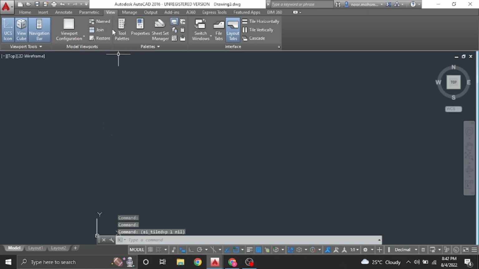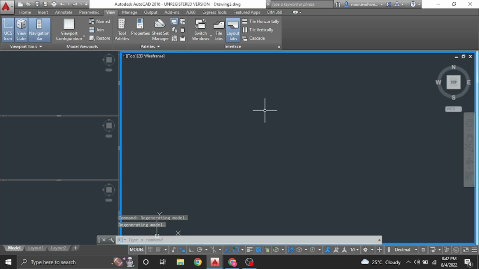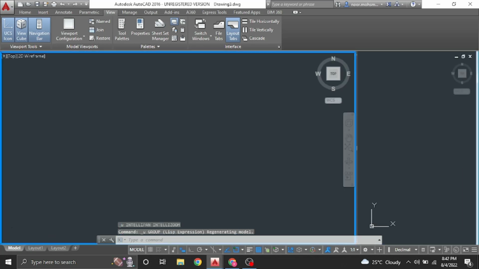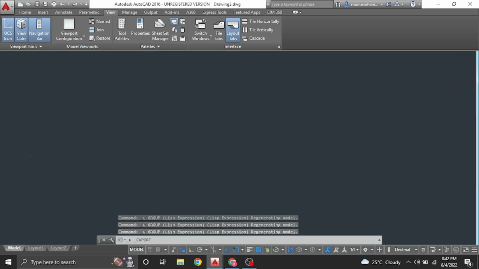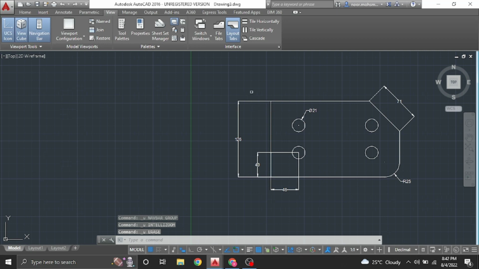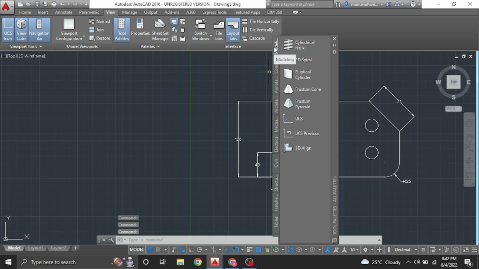The tool palettes, I think they know about the tool palettes. In the tool palettes you have the modeling commands, like with 3D you have these modeling commands: the cylindrical helix you want to create, if you want to create the 2D spiral, if you want to create an elliptical cylinder, first